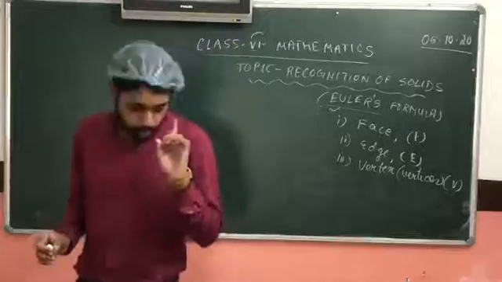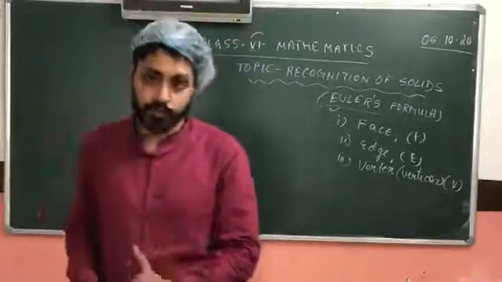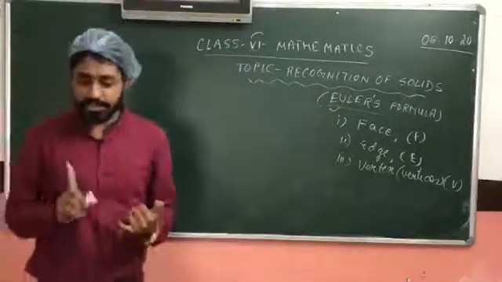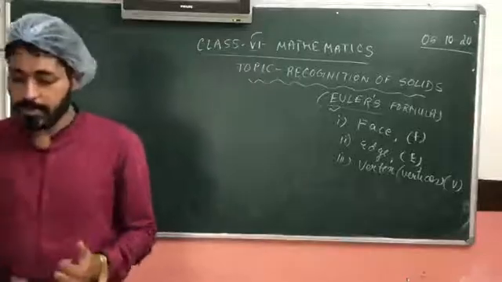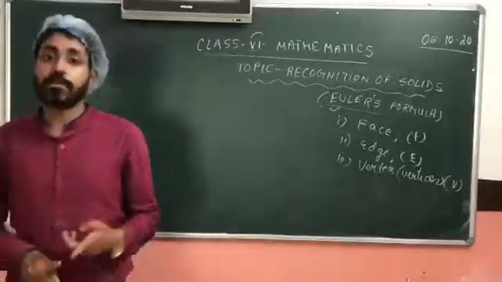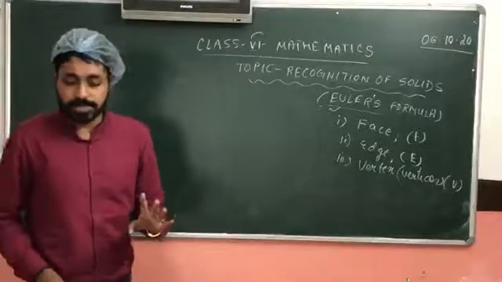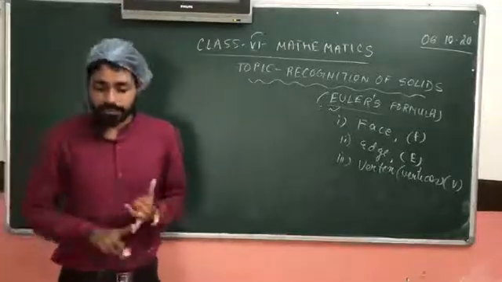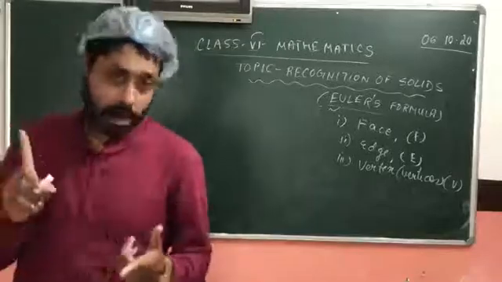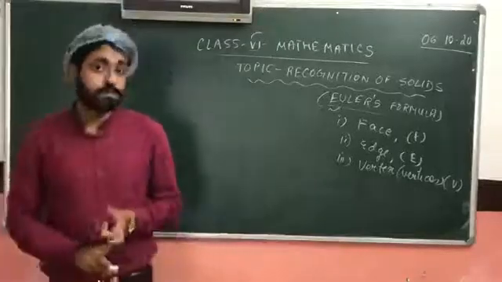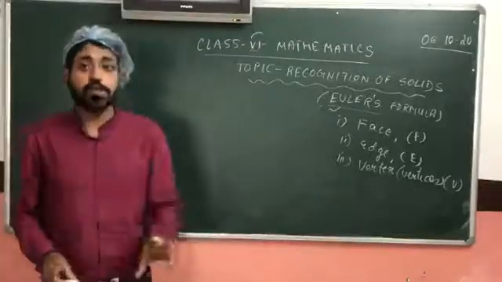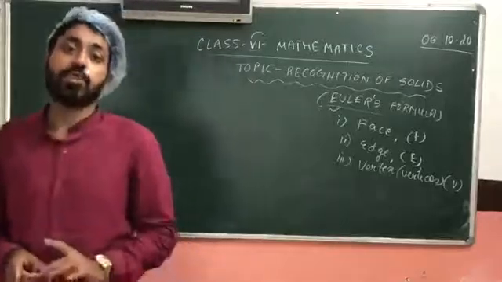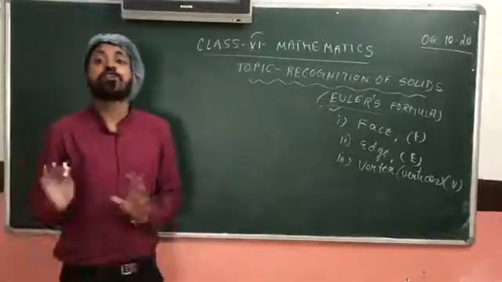You have no need to learn those two. But the rest four, that is triangular prism and triangular pyramid, square prism and square pyramid, these four will be in your syllabus. You have to know how to draw them. You have to know how many faces, vertices, edges, how to solve Euler's formula for the specific shape, and then you have to state whether Euler's formula is verified or not.